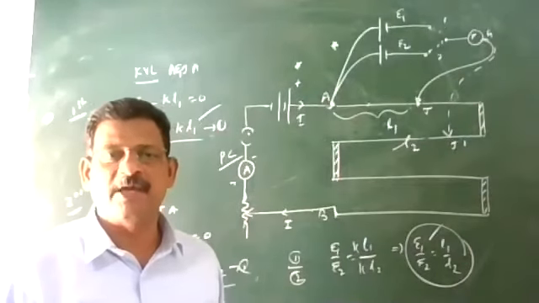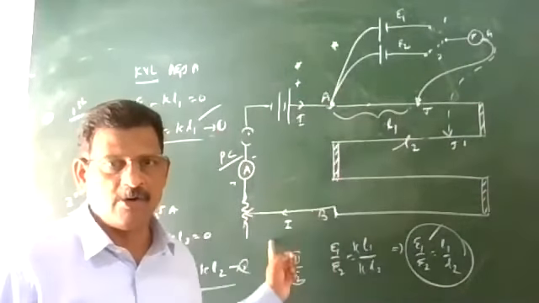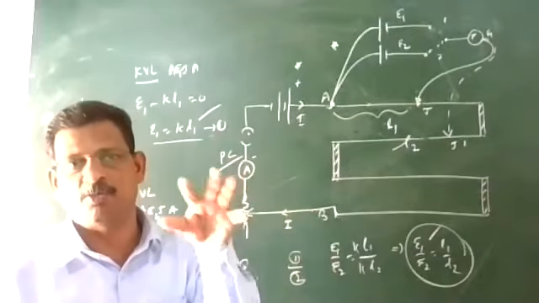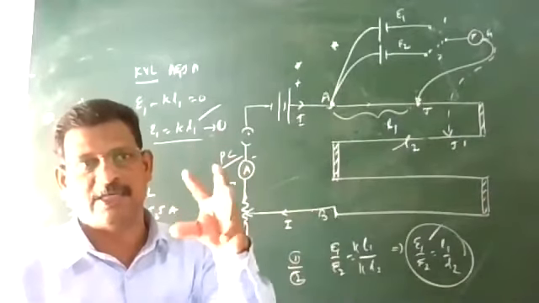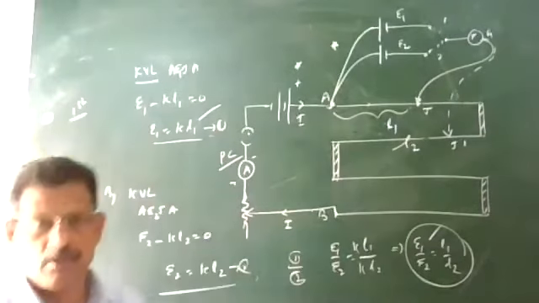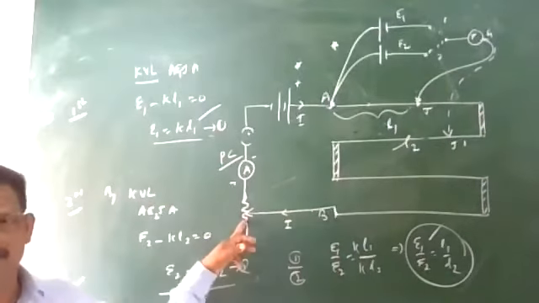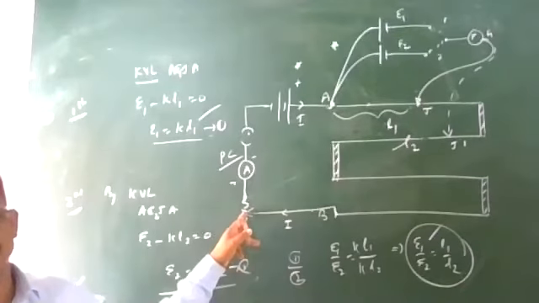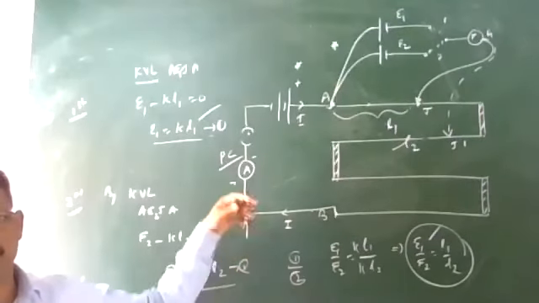So this diagram is very important: how to compare the EMF. This is one set of readings. Suppose you want to repeat the experiment, taking 3 sets of readings in the laboratory. How do you do that? For repeating the experiment, you have to adjust the rheostat slightly in the primary circuit. By adjusting the rheostat in the primary circuit, the current will change.